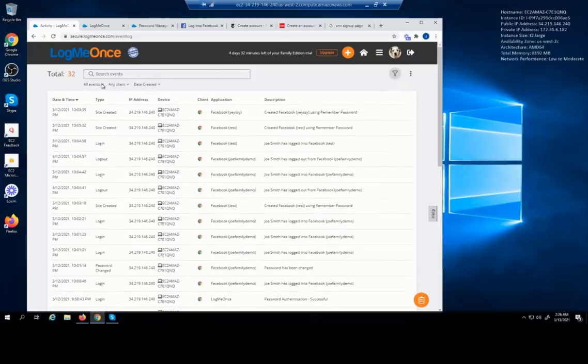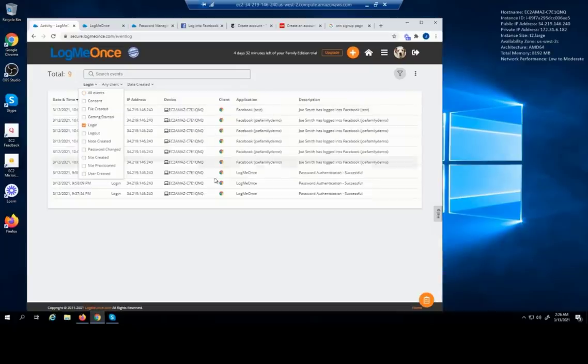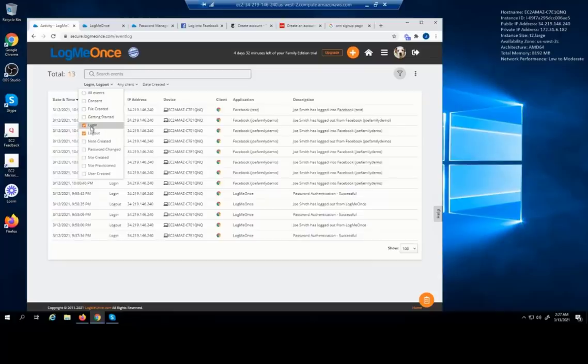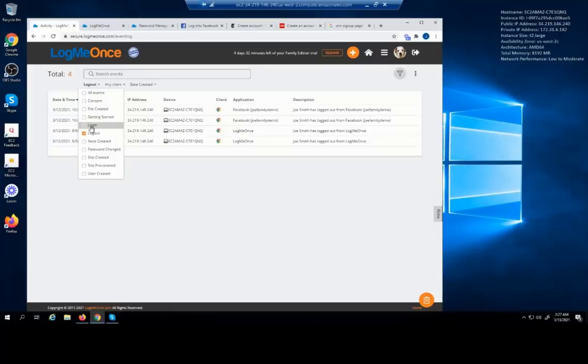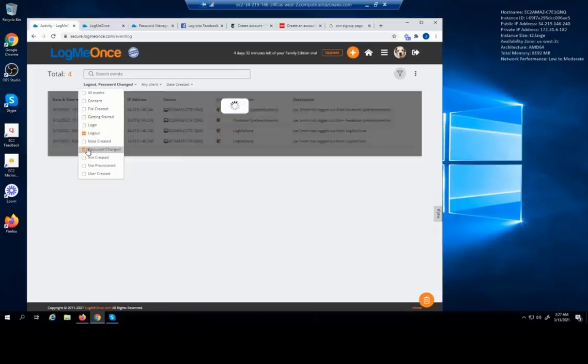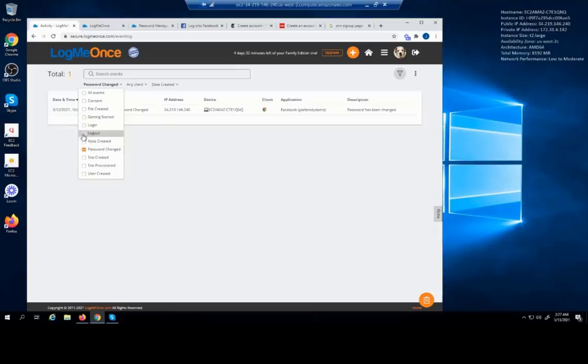For example, I can come and say, show me all the events that were related to login. I click on login. It shows me everything which was about login. Then I say, show me things about logout. I see things that I did to use logout. Similarly, site created or password change. Show me password change. I can see every time a password was changed. So it shows me really great detailed information about how